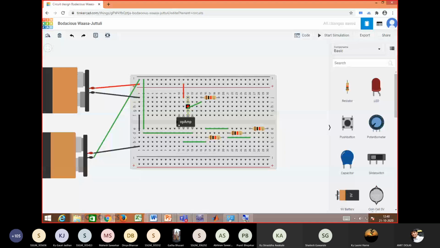So this is the feedback resistance, connected to pin number 6, and the other terminal is to pin number 2. This line is nothing but pin number 2, as we have already connected 3 resistances together into pin number 2. So the feedback resistance is connected.